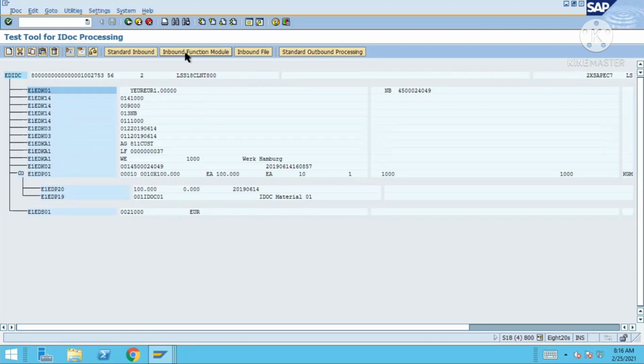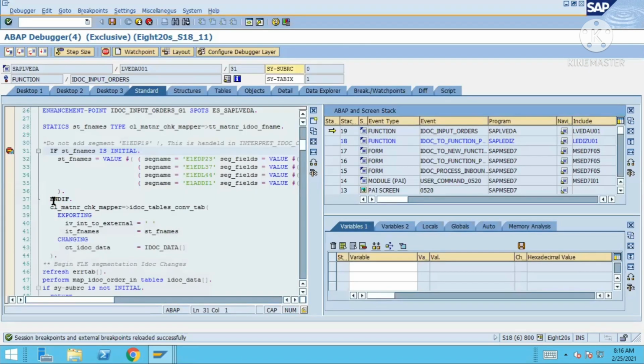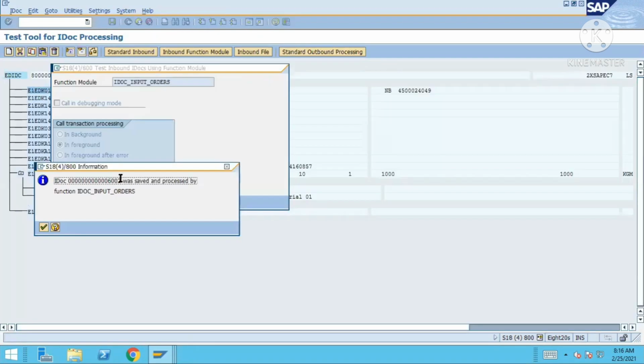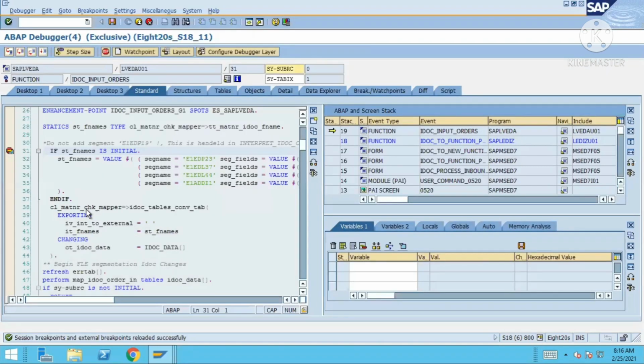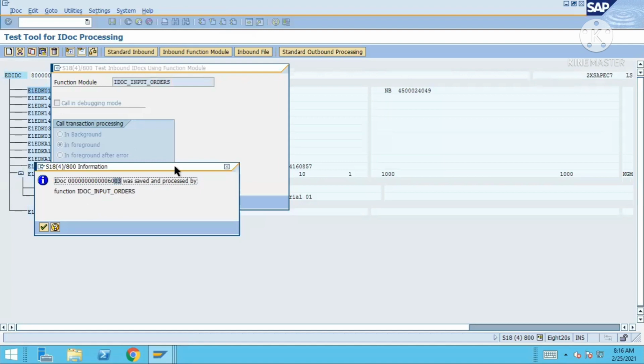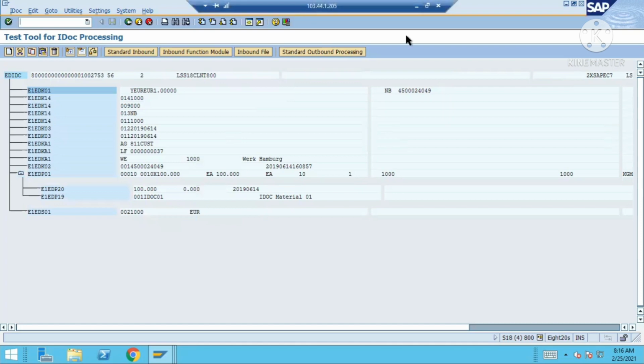Whenever I'm running this one, it's going to generate a new IDOC. Earlier 6001 is there, now it's 6002. Again, if you do it, it will create 6003. So whenever you use WE19, it's going to create a new IDOC.